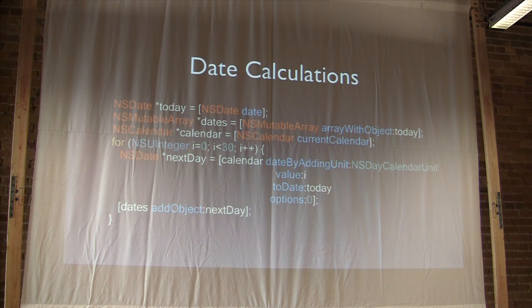So it's a lot of stuff that was possible before, but with a lot more thinking and method calls and Googling and finding Stack Overflow questions where a bunch of people had the wrong answer, and then finally somebody came along with the right one. So you could solve this now like this. There's this new date by adding unit toDate method, and you just call that, and it'll give you a date that's 1 day from today, right? Or 1 hour from now, or whatever you want. So